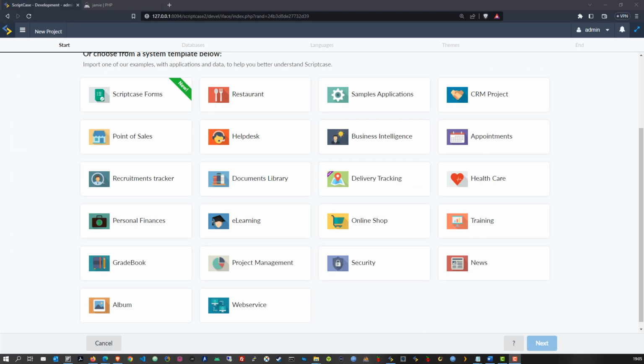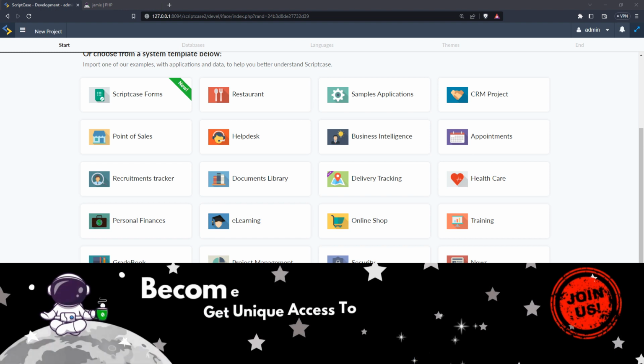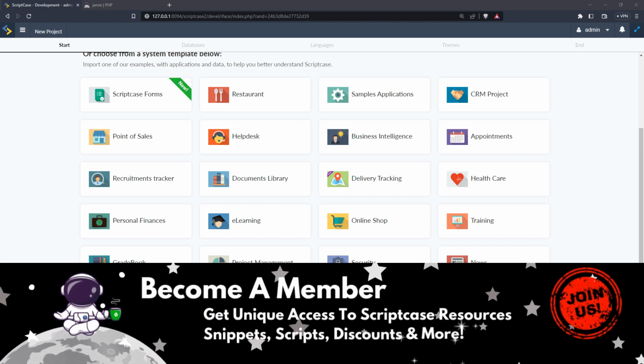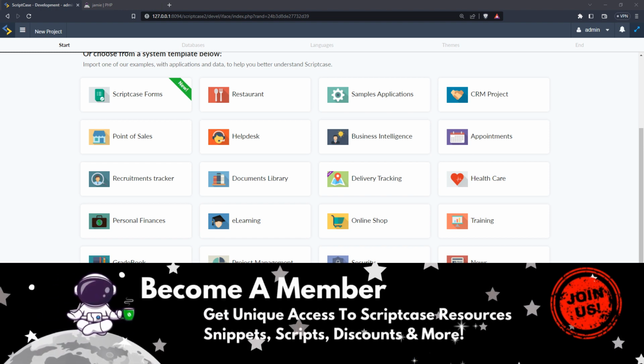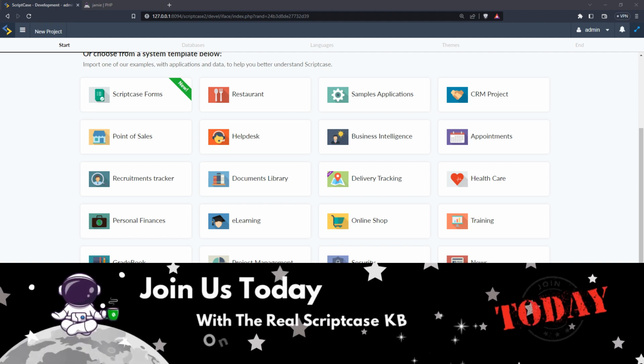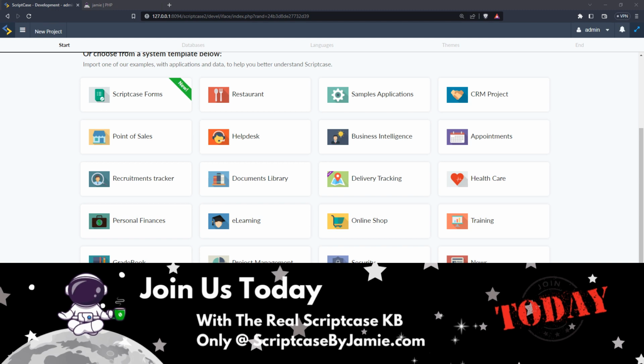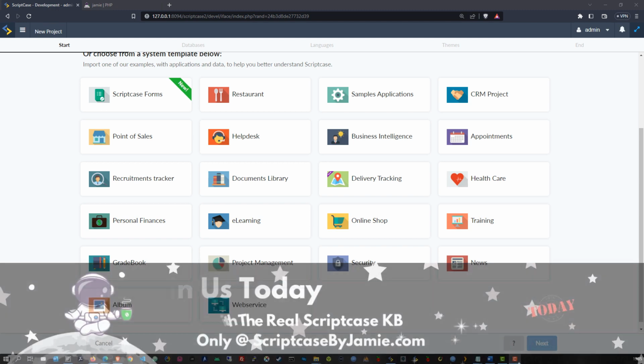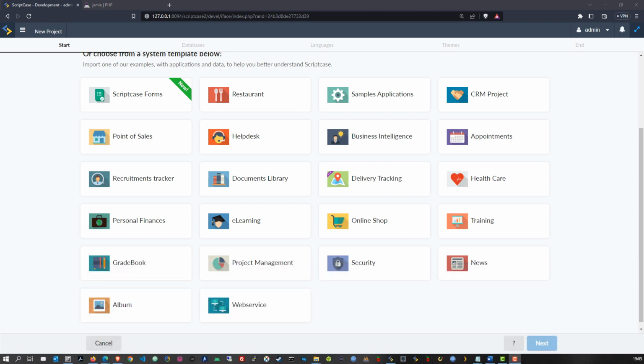Hello and welcome back to Scriptcase by Jamie, and this is again the template series, and here we are checking out the various templates that are available within Scriptcase. So the idea really is not to just have a look at what it's all about, but also to see what you can learn or copy, replicate, duplicate, and even make your own from what is available within the Scriptcase